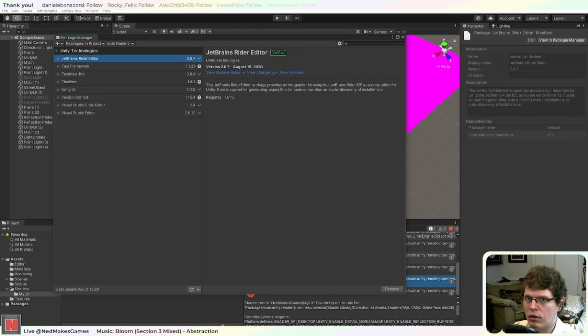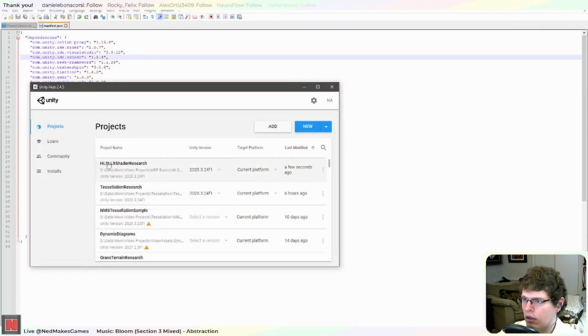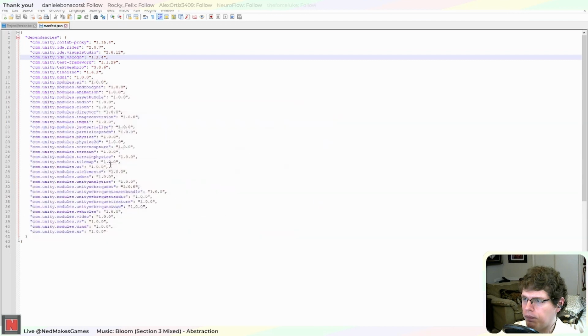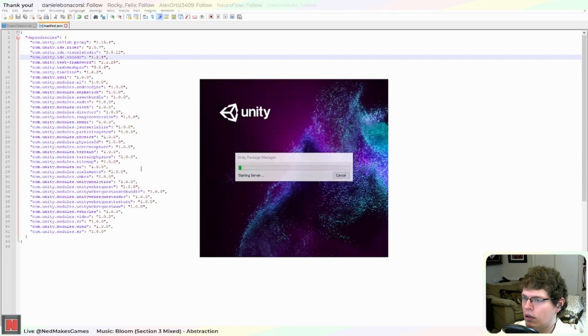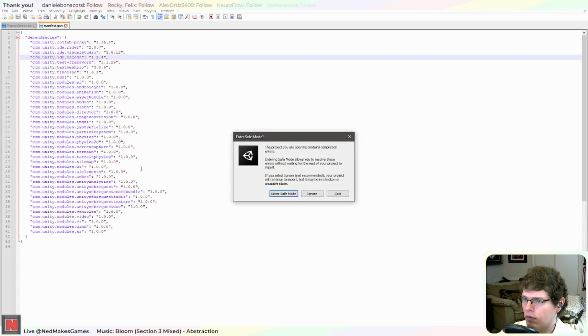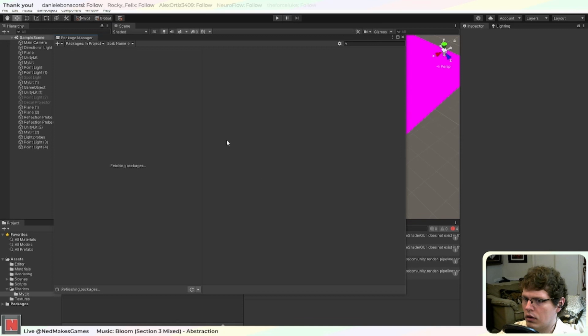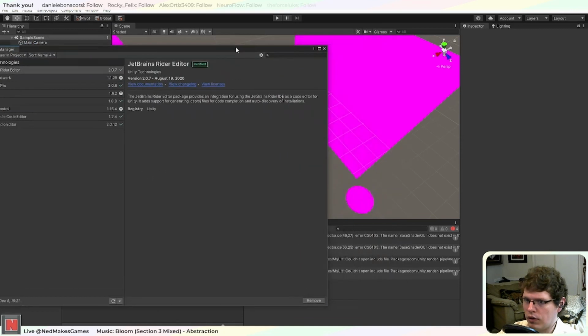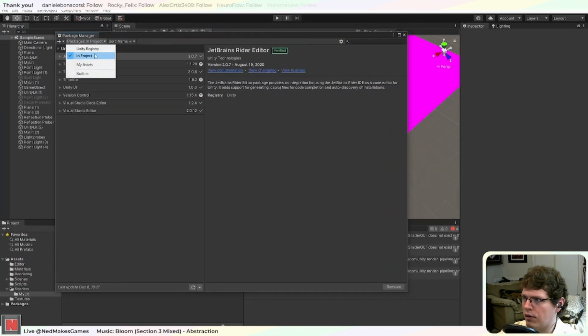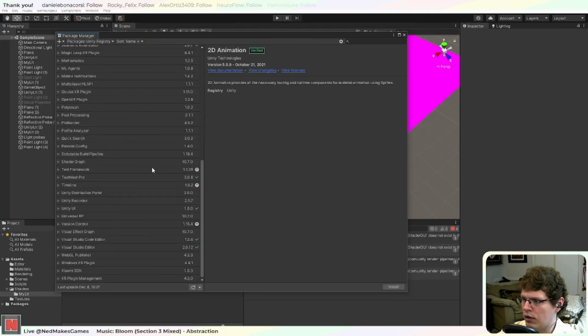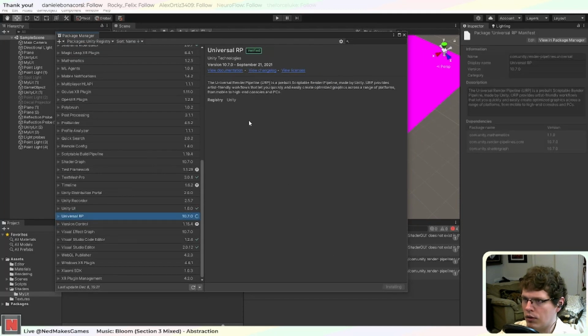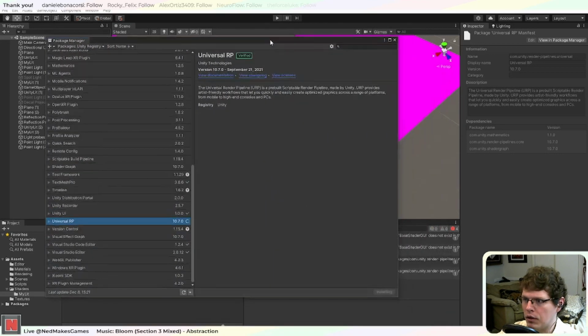Okay, I guess I didn't have to. Okay, so now it's just saying that there's no URP or shader graph. So hopefully I can just install the latest for 2020.3. There's still going to be some problems probably, but